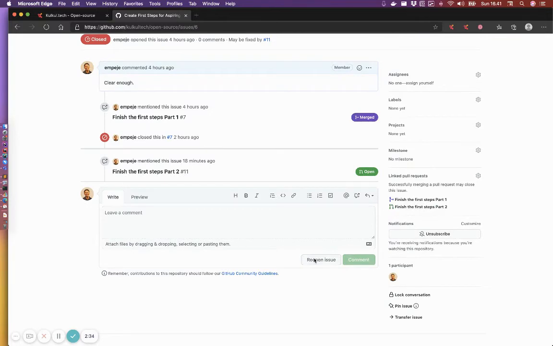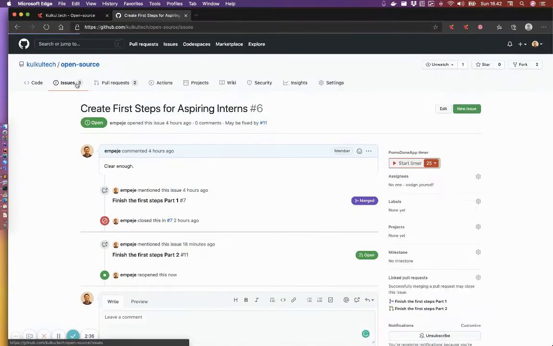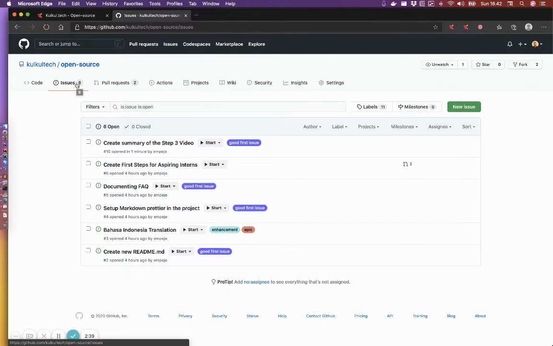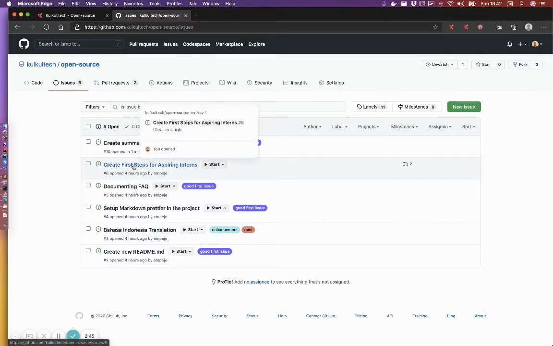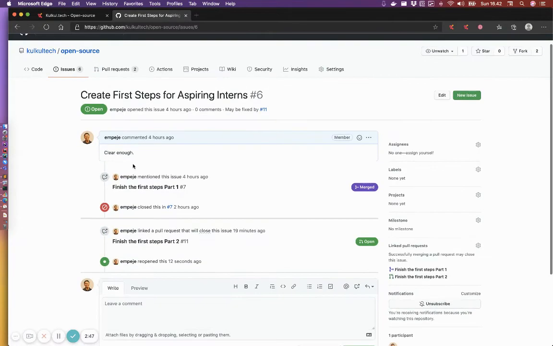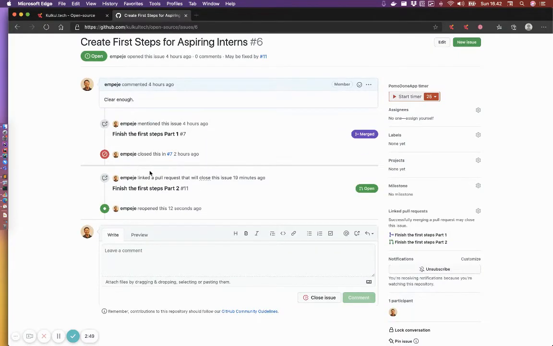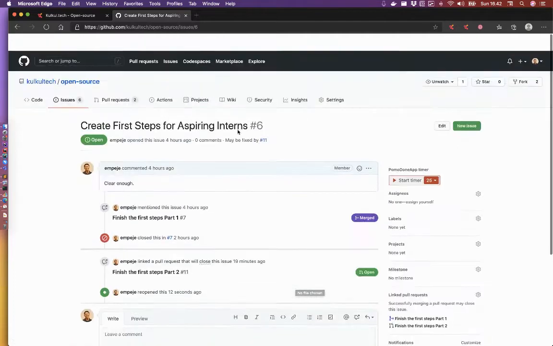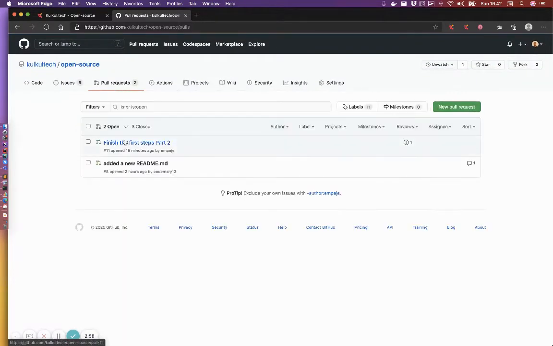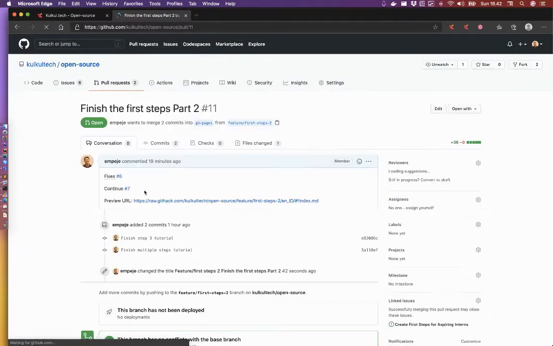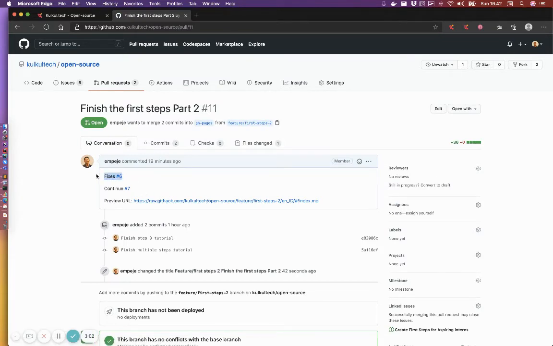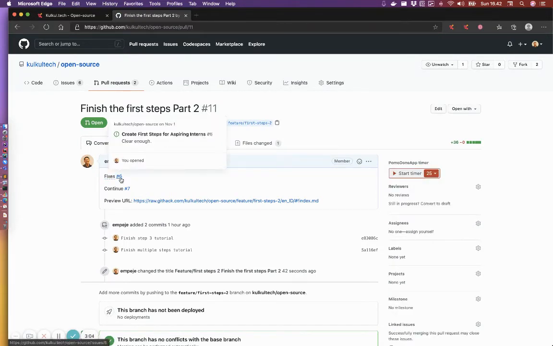So in the issue, there is open and reopen. By open, it means the issue is active and valid for people to do. But when you close an issue, like for example, previously this issue was closed accidentally, by closing it means someone already solved it. So in here, in the pull request, when you make a pull request, you're telling us what your fix is, which issue you want to solve, right?